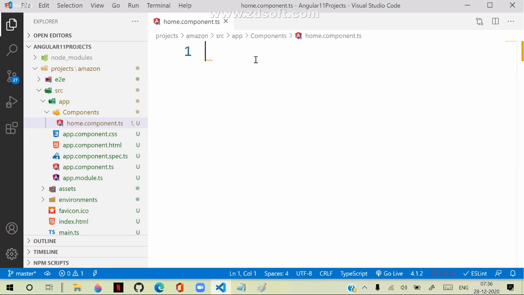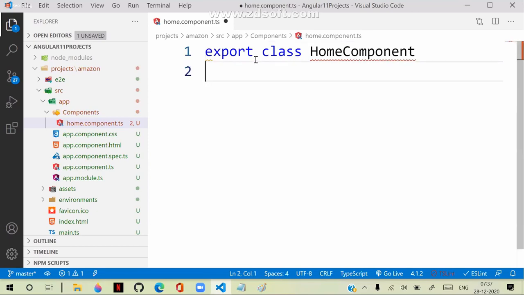Let's design a class. And you know that currently we are in modular systems. Anything you write in this file must be able to be accessed outside this file. Then you know what we have to do. Export class, and the class name, say HomeComponent. I gave the class name HomeComponent. Again, the name is not mandatory. It can have any name. It's not mandatory that the class name must be the same as the file name.